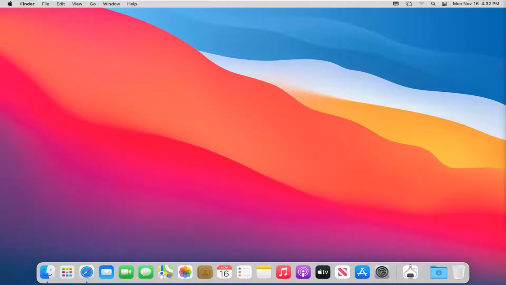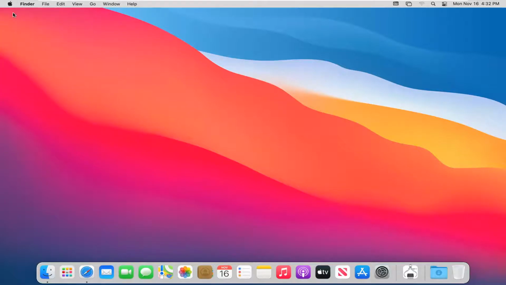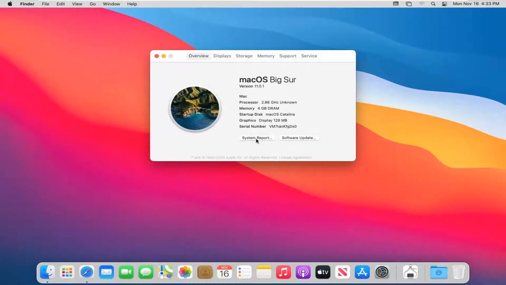So we're going to start by selecting the Apple icon at the top toolbar on your Mac desktop. Go ahead and left click on that and select About This Mac. Select the System Report button,